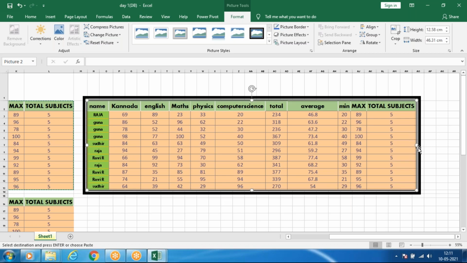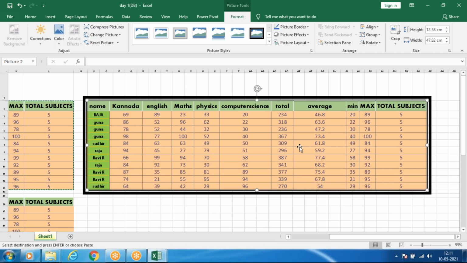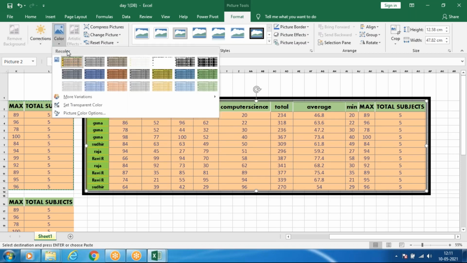You can apply some border, you can merge, but you can't change anything in the content. Other than that, you can do color correction, everything.